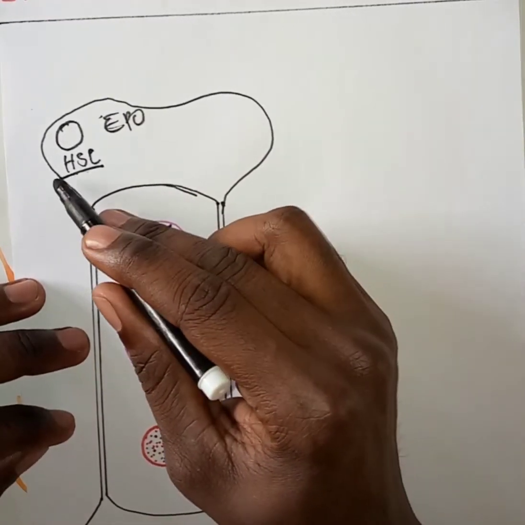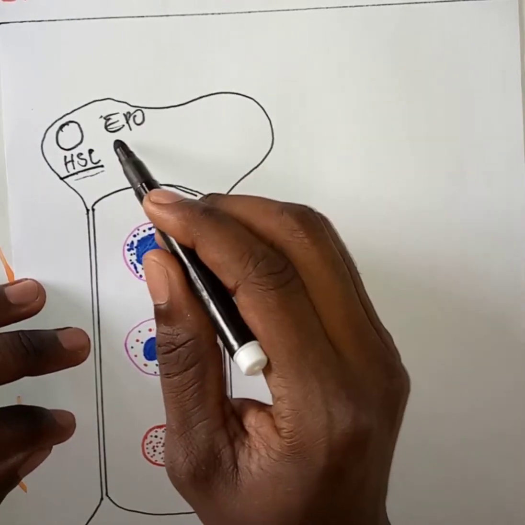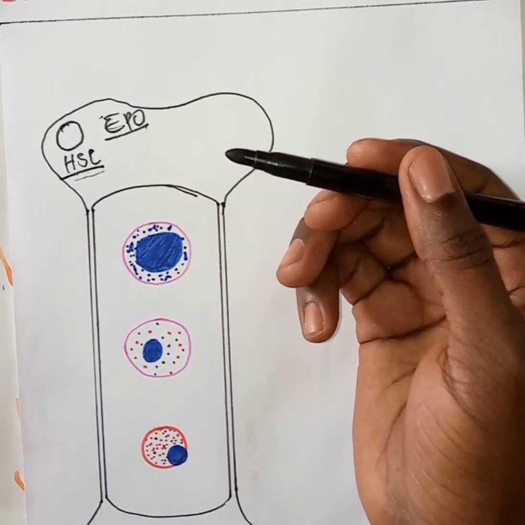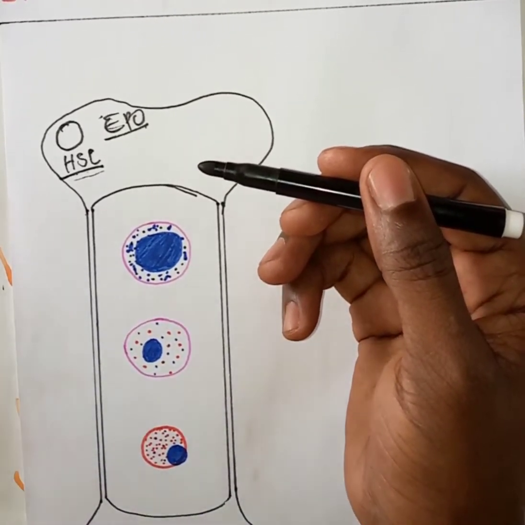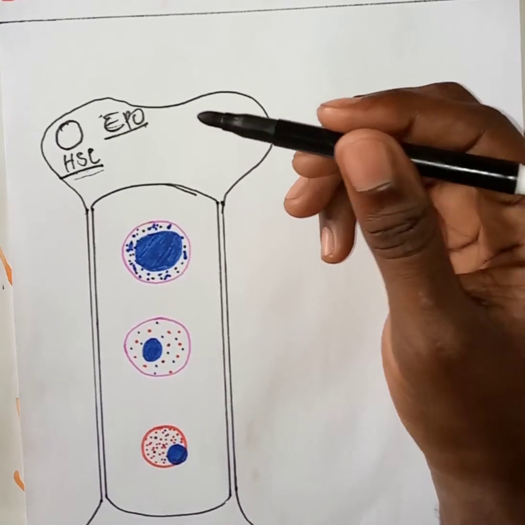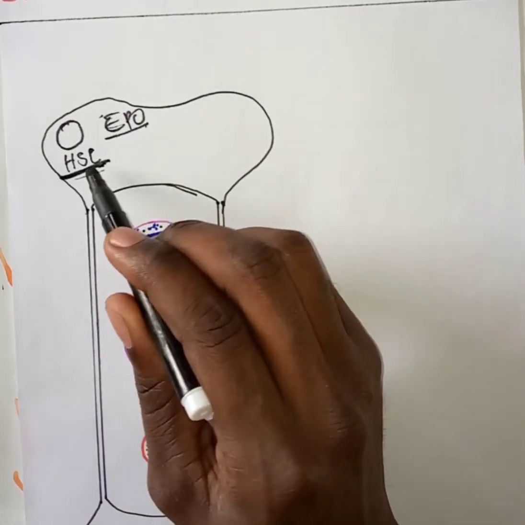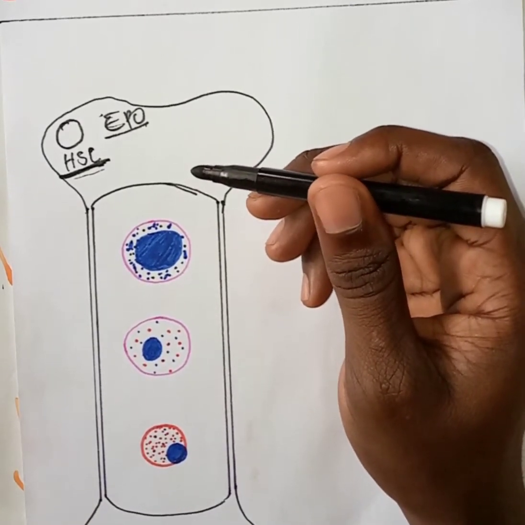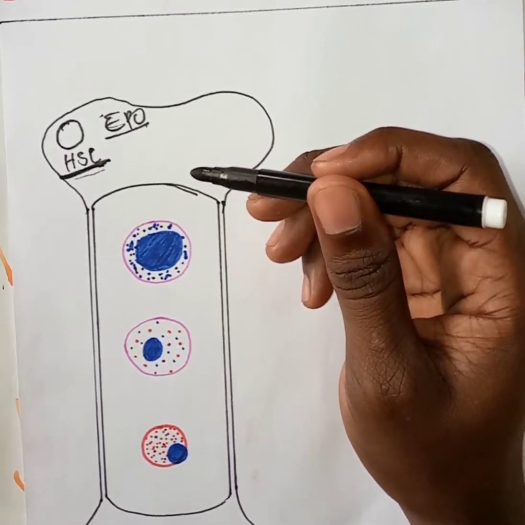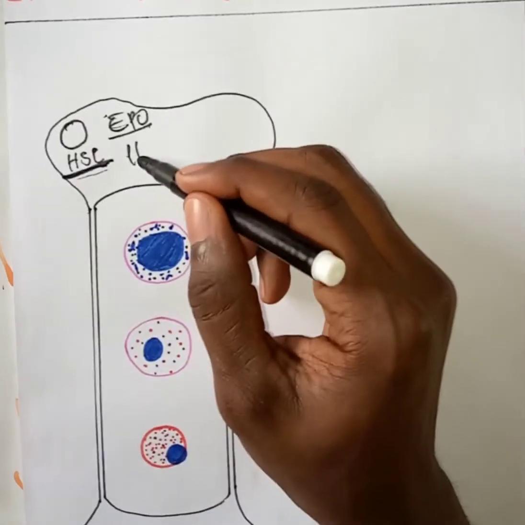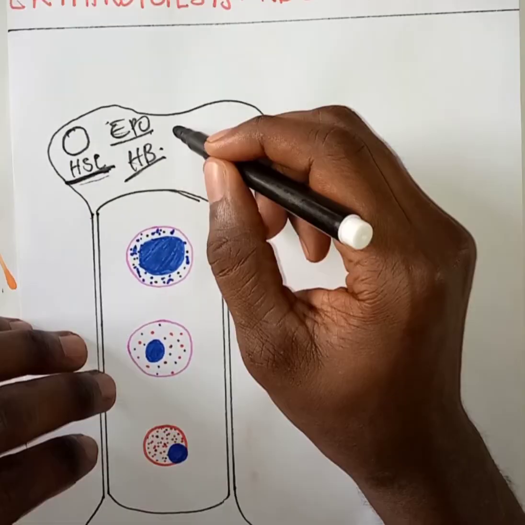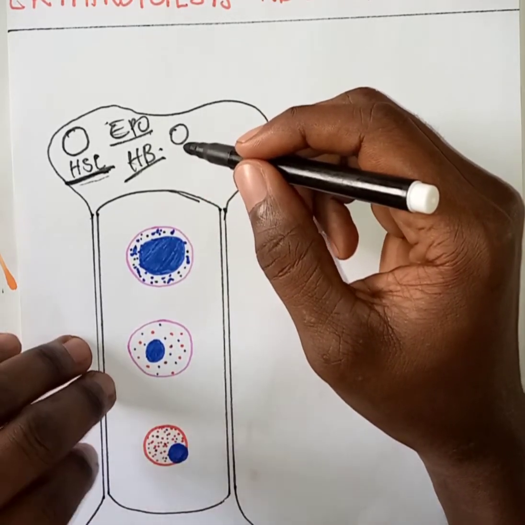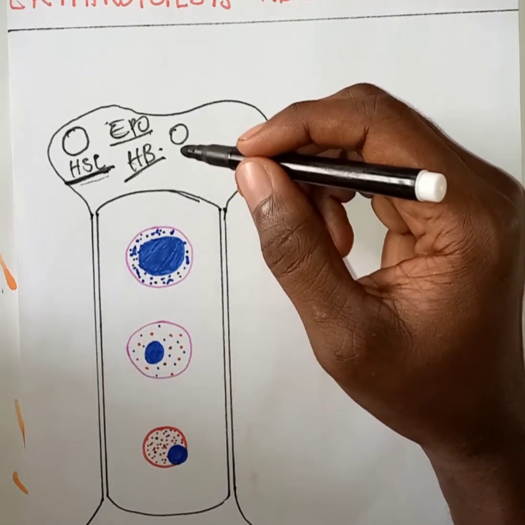When the hematopoietic stem cell gets instructions from erythropoietin, it understands that this is now red cell formation, because erythropoietin comes with instructions like, hello Mr. HSC, we are going to form a cell that is going to have a protein. So literally it comes with instructions of protein synthesis, and the protein is hemoglobin. The hematopoietic stem cell will now be stimulated to form progenitors,